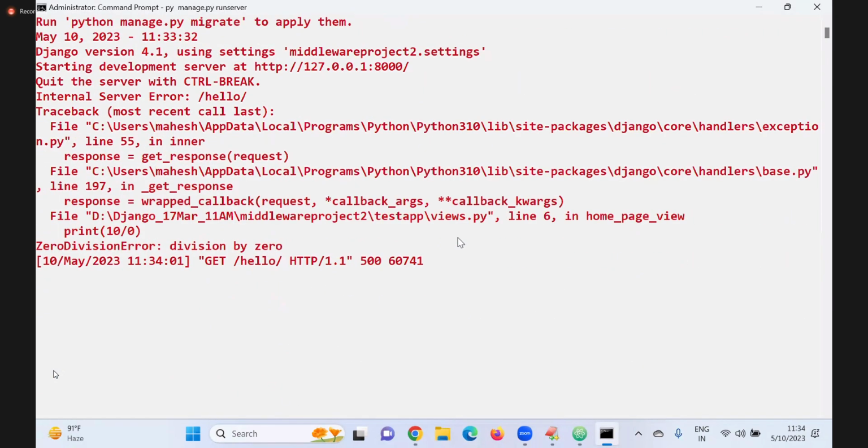Here it is affected in the console, not affected to the HTML file. For the HTML file to be affected, it is compulsory to send an HTTP response only. In HTTP, it is not possible to write complete try and except blocks.